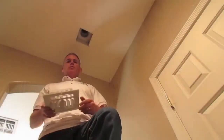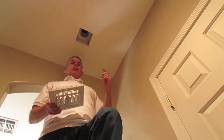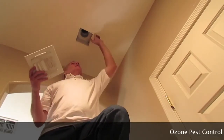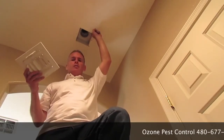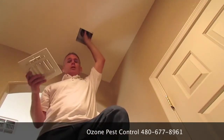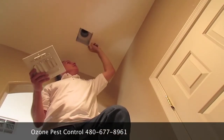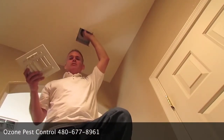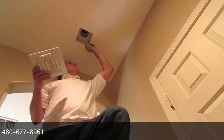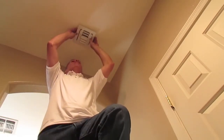We're inside the home now. We're going to show you a couple other areas where it should be sealed as well from the inside. For the sake of saving time, I've taken the vent off. A lot of times we'll hear that the customers are saying that the scorpions are coming out of their vents. It's not the case. Your vents are sealed. What is happening is between the attic and the vent, there's typically a gap in here where there's enough space for scorpions to get through. So what you would do is you would seal this up with that silicone as well, and then simply put the lid back on,